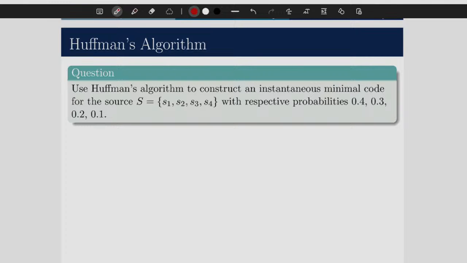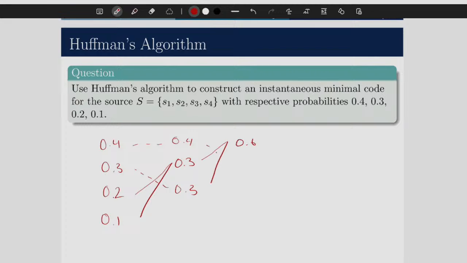So first things first, because I'm going to be constructing a table, or a tree, that's the word, a tree, I'm going to write these all in the column at the side. I know that this is going to be radix 2, so I'm going to be adding the last two probabilities together. And remember that in this course, we're just basically setting this higher. 0.3. I should do these in dots just so that you can see which ones I'm actually adding together. Again, same deal, going to be adding the last two.